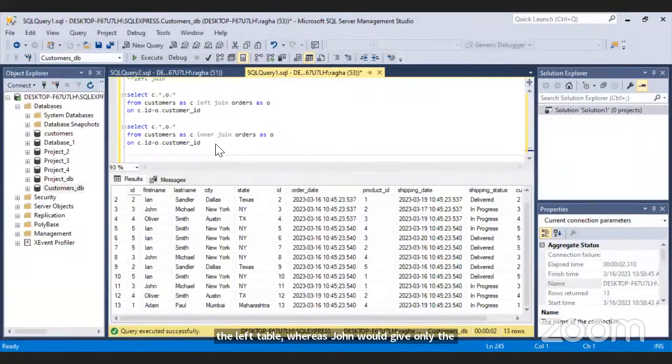And then the remaining are very straightforward, wherein full join would give all the data, and left and right outer join give it based on the side. For example, right outer join would only give the right table's data, and the left one would only give the left table's data. So moving on to the next one.